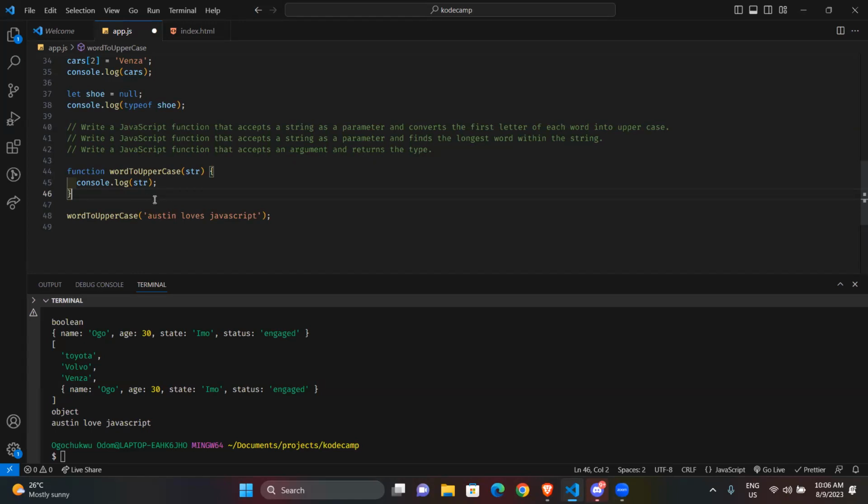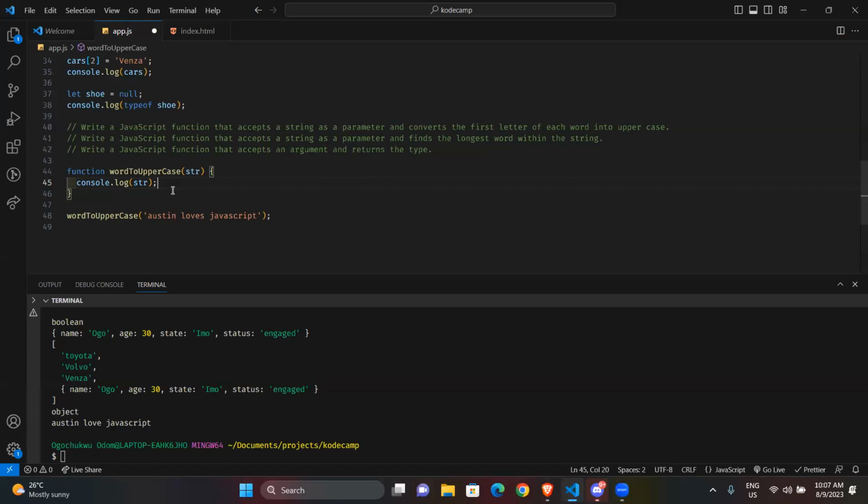So based on that, we're trying to solve this problem now. You pass a string to it, and then you convert the first letter of each word into uppercase. First thing that we need to do here is, now, this is a string. We are passing in a string inside here. Now, there is a built-in function.